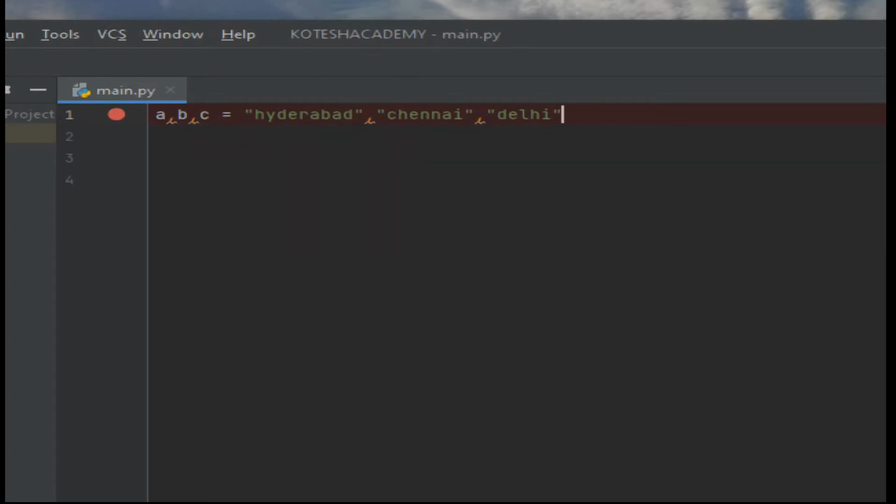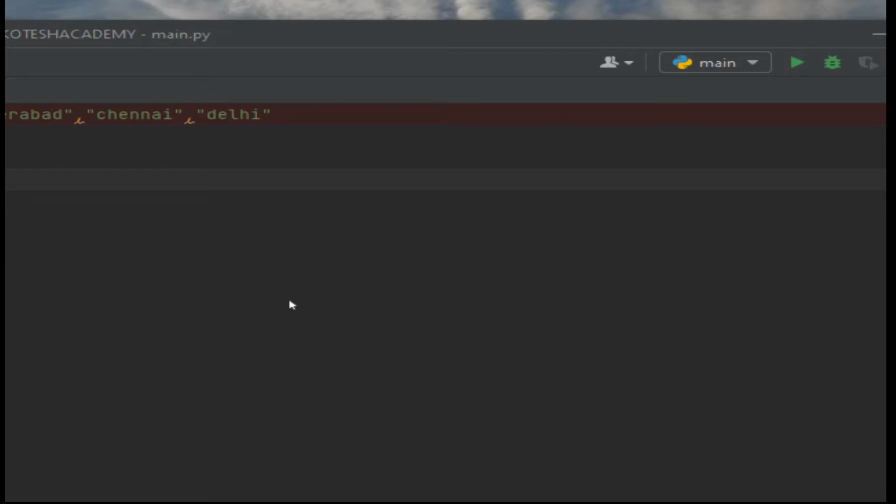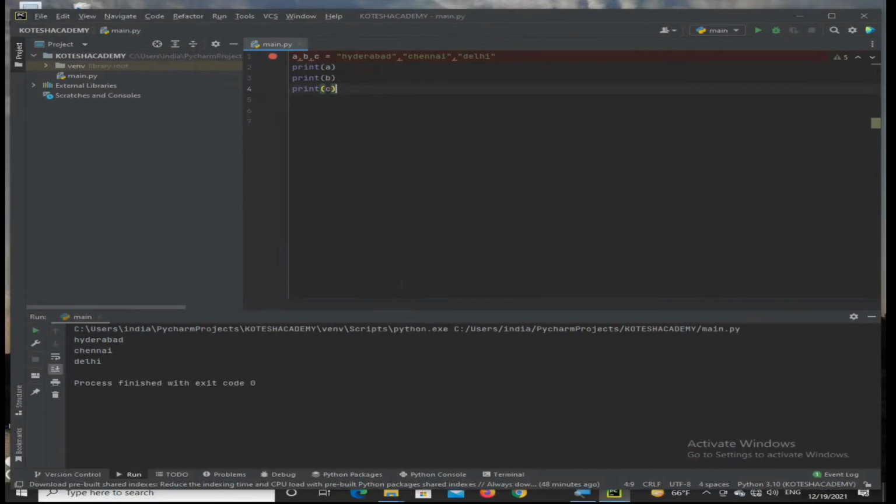Let us check the values: print of A, then print of B, then print of C. Then you can run the process, and you will get the result: Hyderabad, Chennai, Delhi.